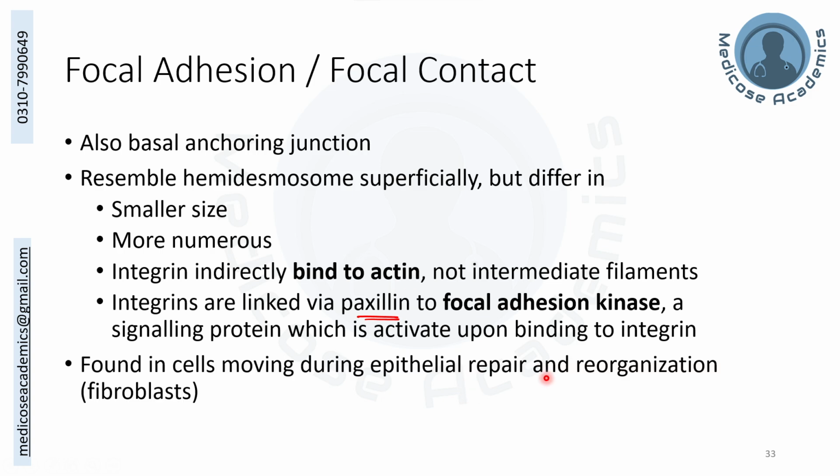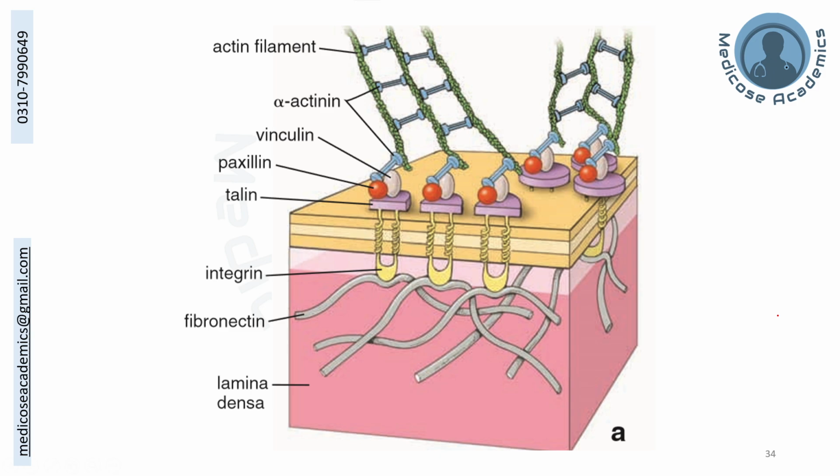So they have integrins as the cellular transmembrane part, paxillin as the anchoring part, joining to the actin as the cytoskeleton part. These are anchoring and these are transmembrane. So here is the picture again from Ross and Pawlina showing these integrins, and joining inside there is an anchoring